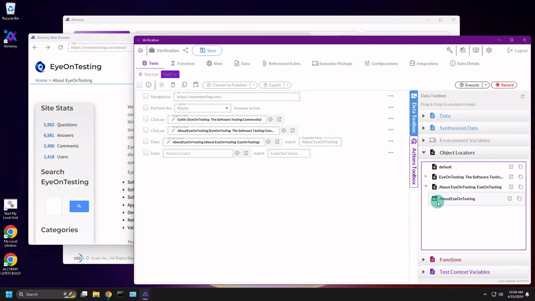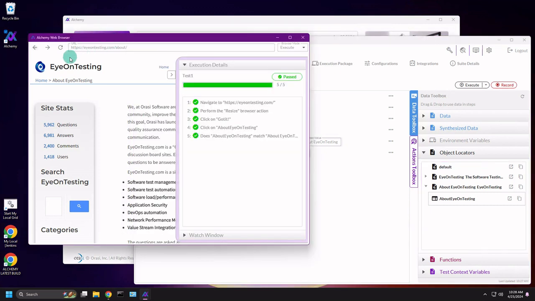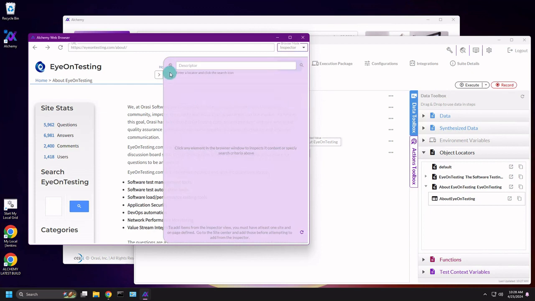So what I'm going to do is add that locator to my site now that I want to interact with. And I can do that straight from the Alchemy browser. So I already have where my test was. So I'll just put it in inspector mode, and then up here in the description,